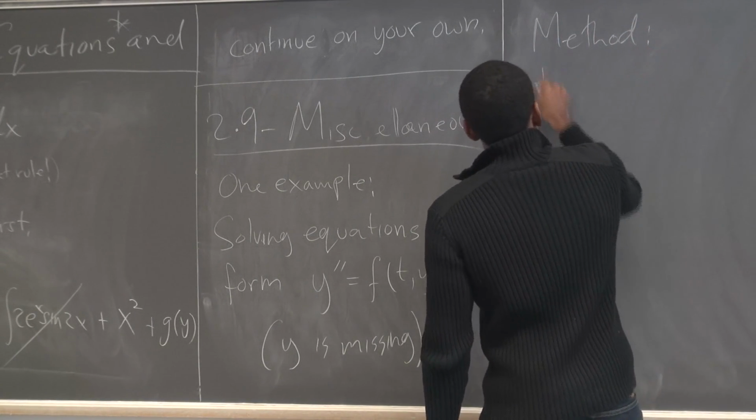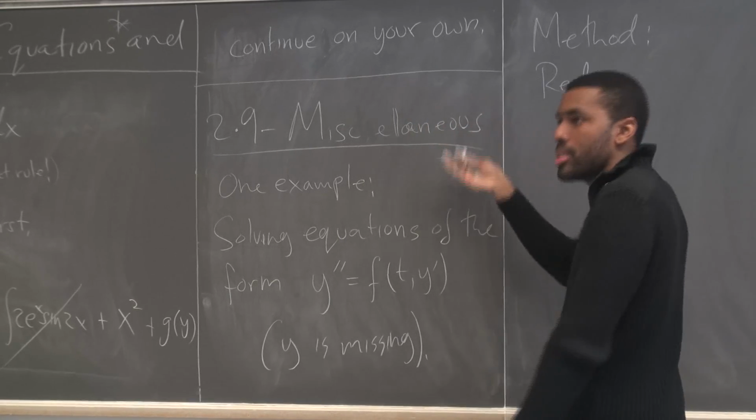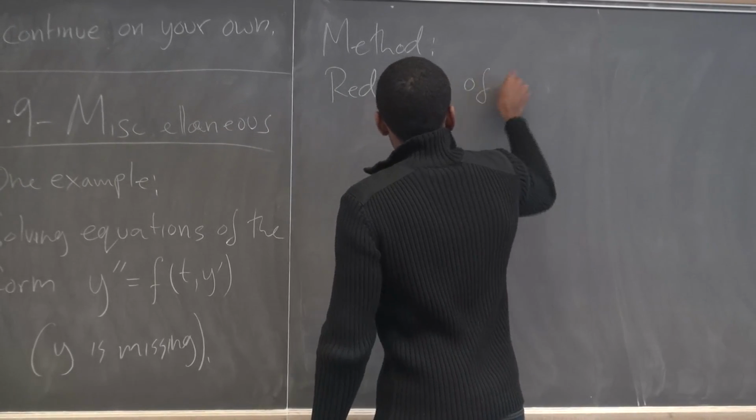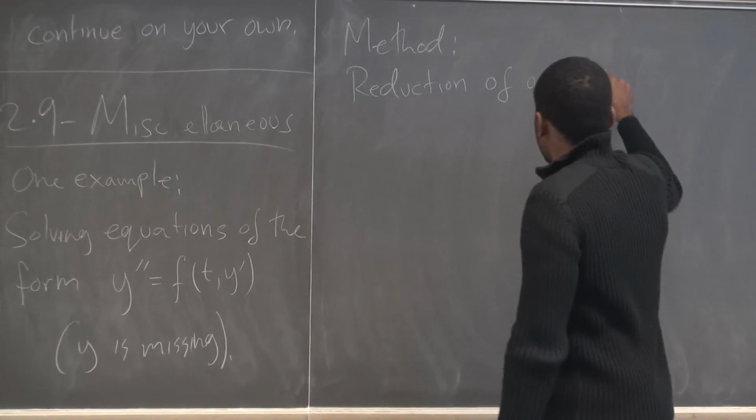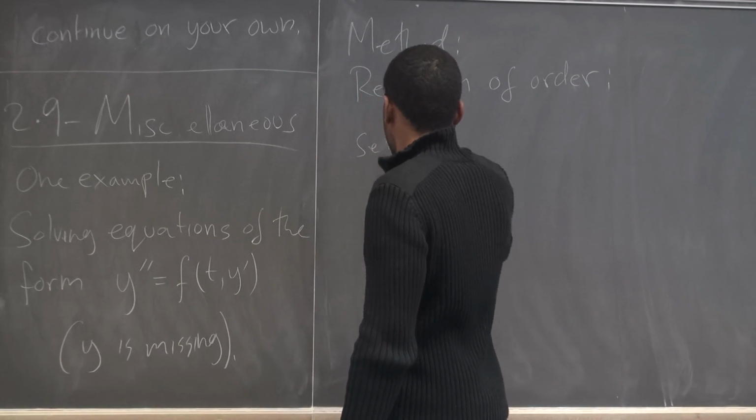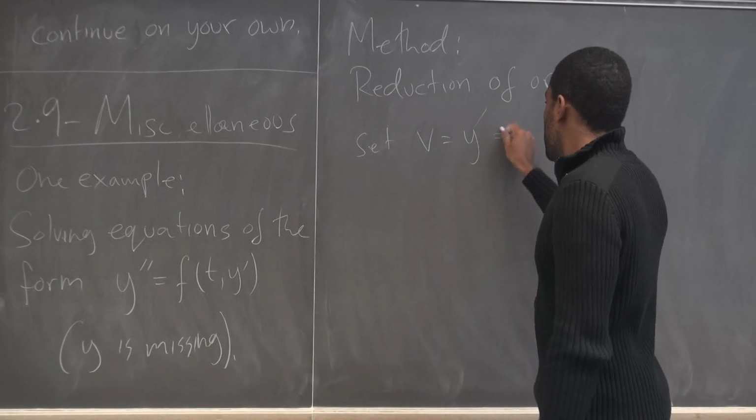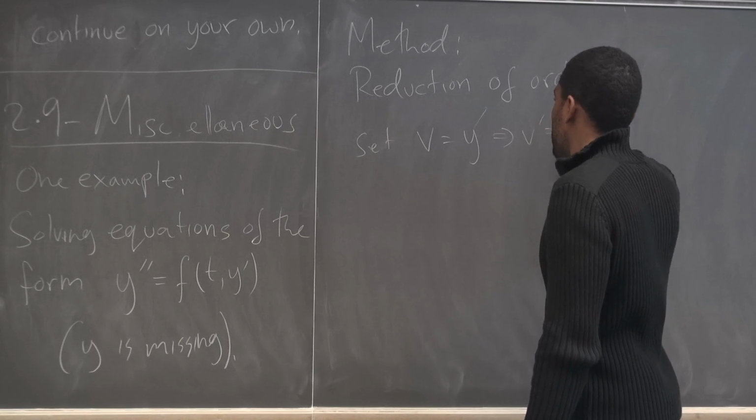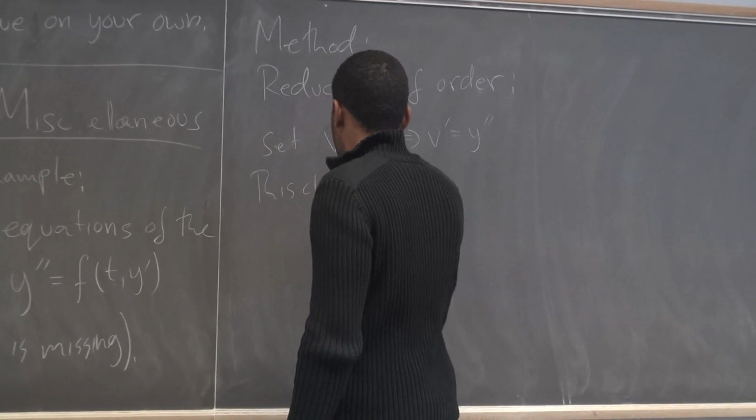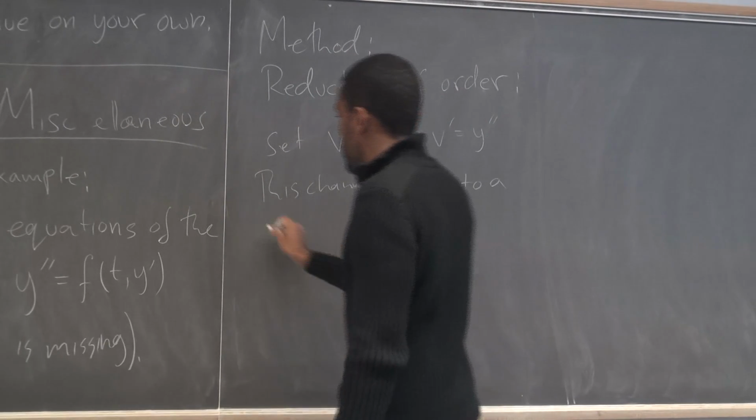The method here is called reduction of order. And like I said, we'll come back to this, I think in chapter 3, and do it in a more general context. But for now, let's just do it in this small context. So the trick is to set, it's a substitution, v equals y prime, which would mean v prime is y double prime. This changes the equation to a first order equation